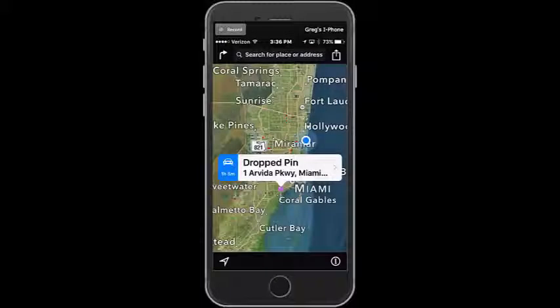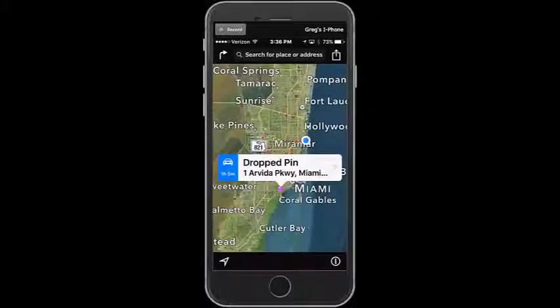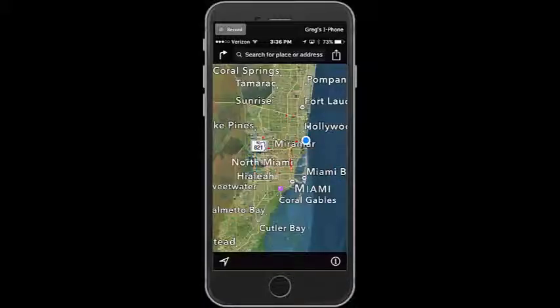Okay, the next thing I'm going to show you is something called 3D Flyover Tours. Okay, so I'm going to go back into Maps. Okay, I'm going to get rid of that drop pin. Now here's what I want to show you. If you can see right here, there's a little circle and there's another circle and they both say 3D. And if you look up here by Fort Lauderdale, it also says 3D. So let's say I press one of these, right? See how it says Miami Beach Flyover City and Tour. If I press Tour,